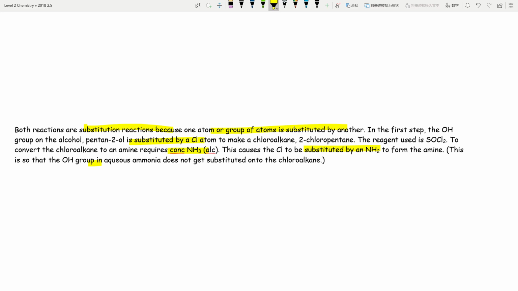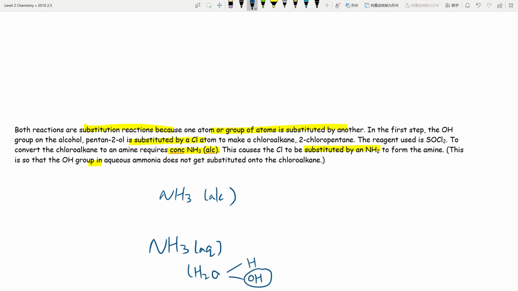This is so that the OH group in aqueous ammonia doesn't interfere. Okay, so you have to do this in alcohol condition. So this is what this part does. Because if you do it in aqueous, I'll just elaborate on this. If you use NH3, if you don't specify alcohol, if you have NH3 aqueous, aqueous means this is dissolved in water, and water can be split into H and OH groups. So this OH group, if you have CC, let's say,